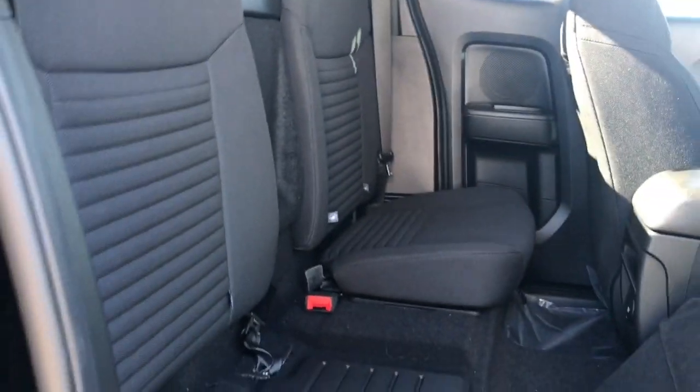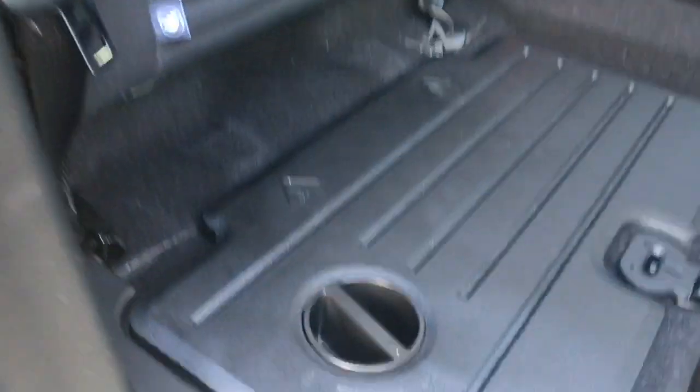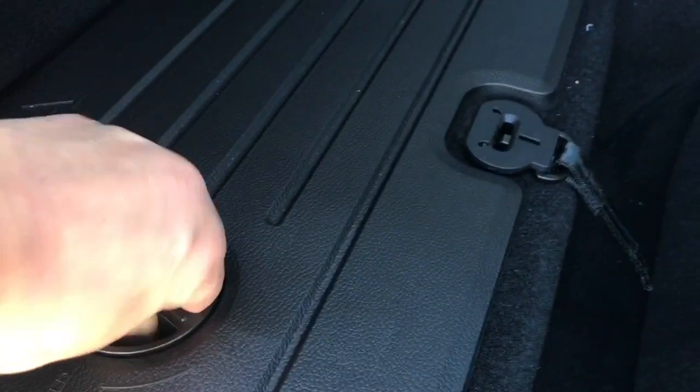Storage and speaker in the door, and you have seating for 2 in the back. And I just wanted to show you, I've taken one of the seats off, and there's this nice little bin, so you can unlock it. You've got storage underneath. On the other side is where your jack's located, and then you just close it like that. There's a picture on the back of the seat telling you how to do it, and it's got these clips. So you just slide it back in